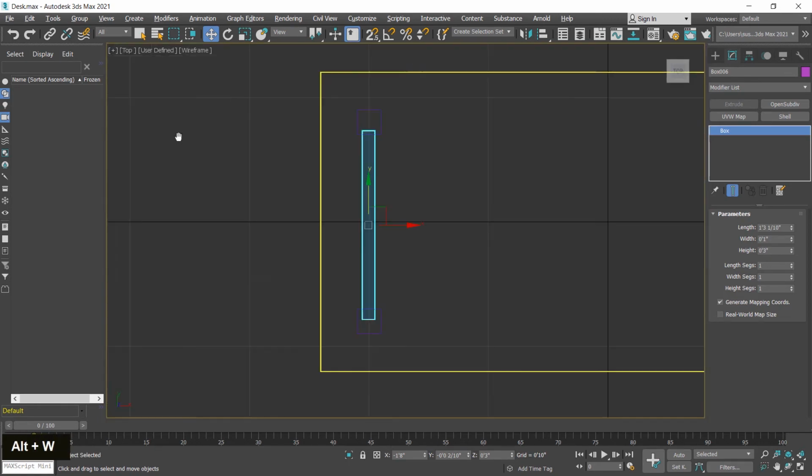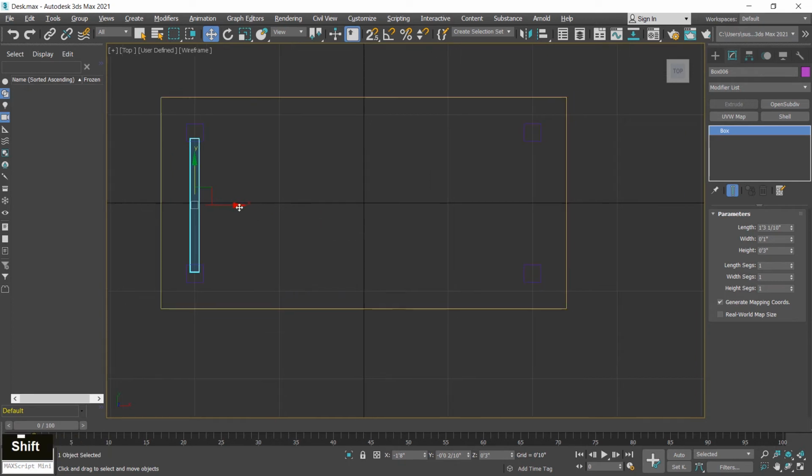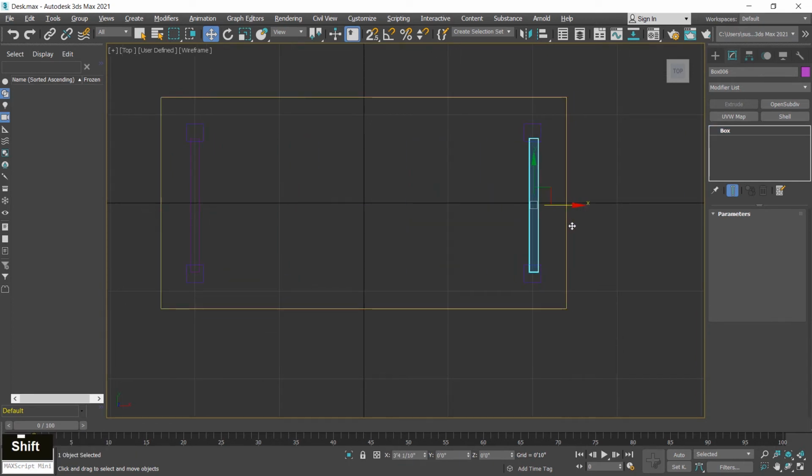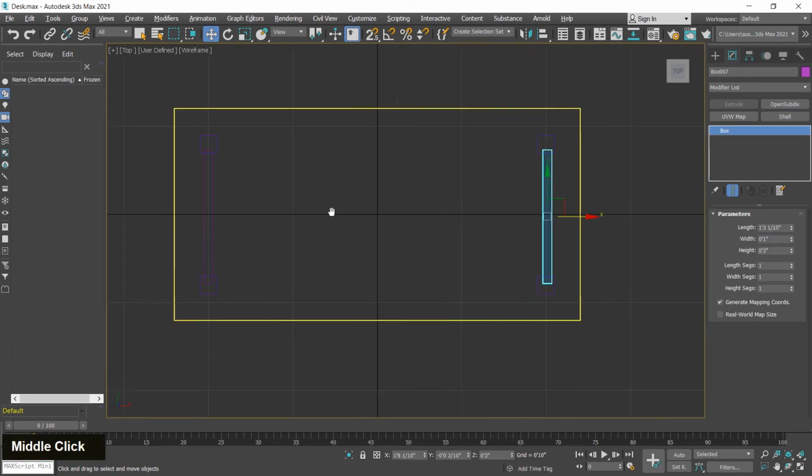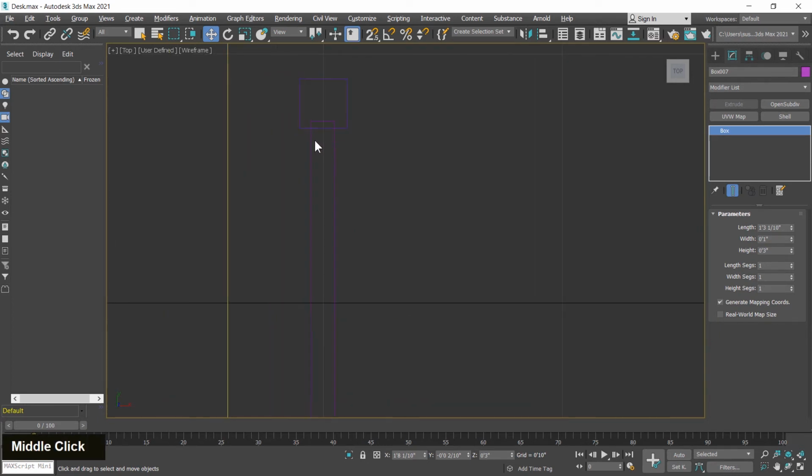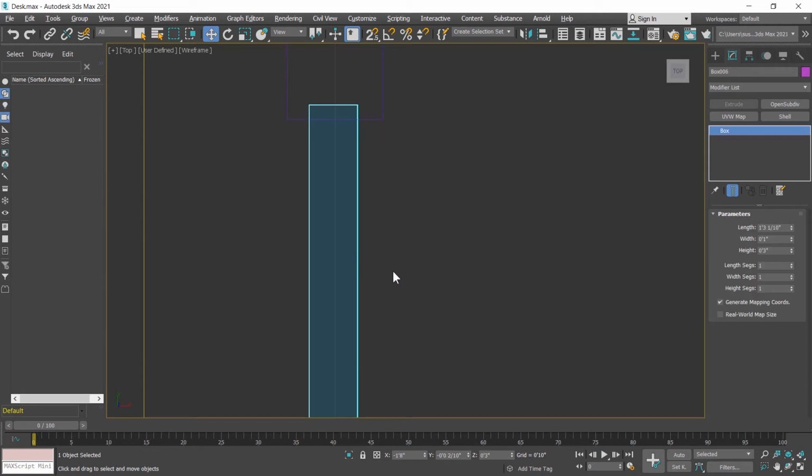So I switch to top viewport again. And make sure it is placed in the center of this leg. So select this and by using align tool you can align to center.